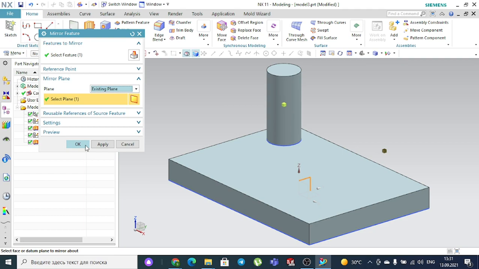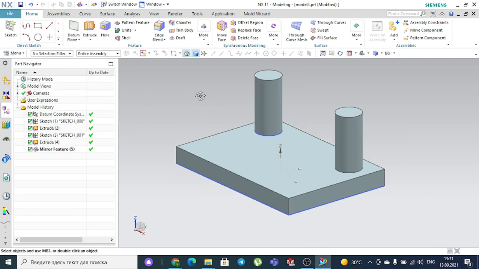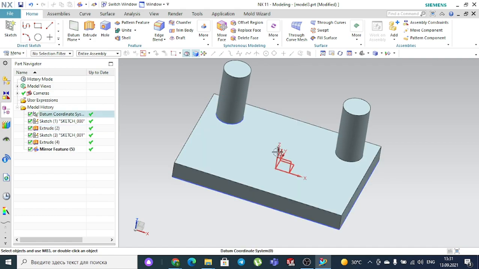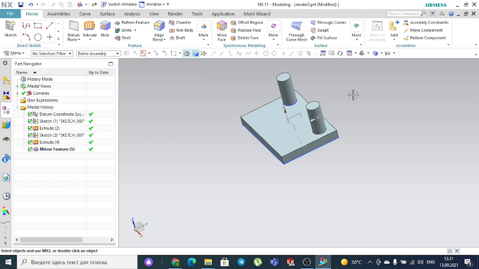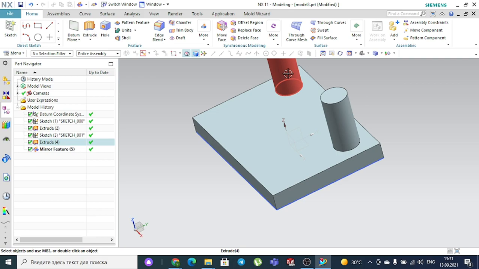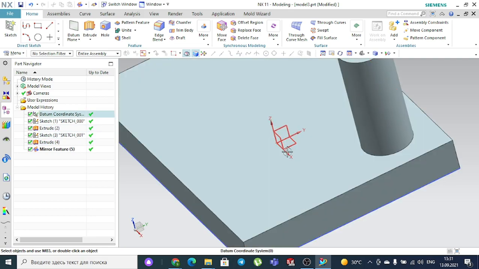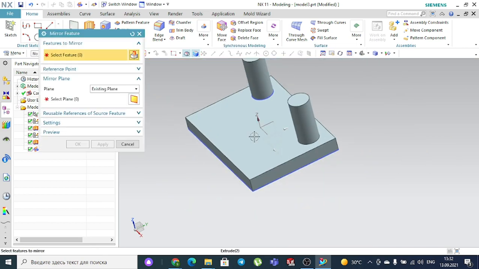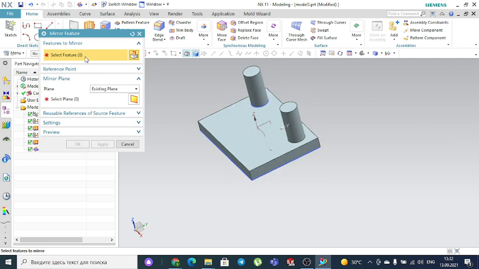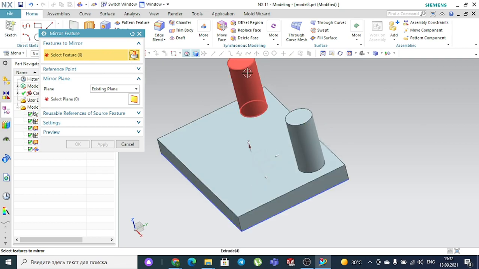So if I press OK, you see it is mirrored. It means the distance from this point to this point is the same. It is mirrored. So this is how to obtain the mirror function. We can mirror the feature. The same way we can make the mirror of this element along this axis. In this case, open again the Mirror Feature,